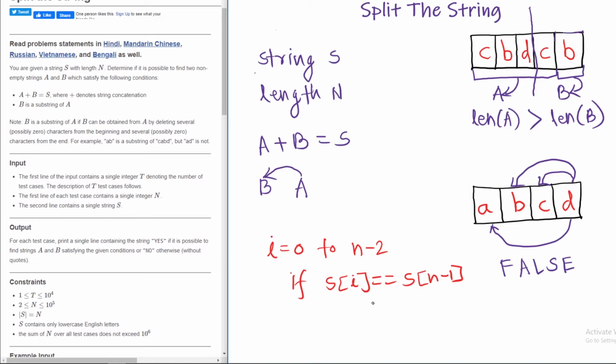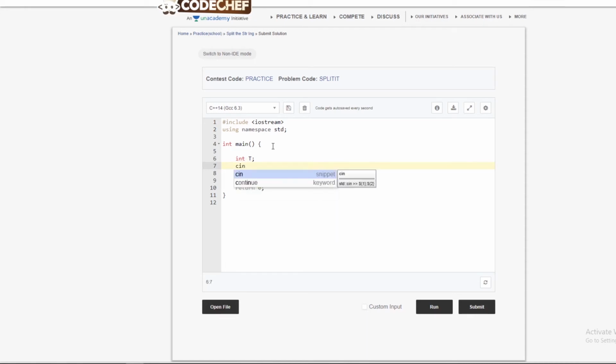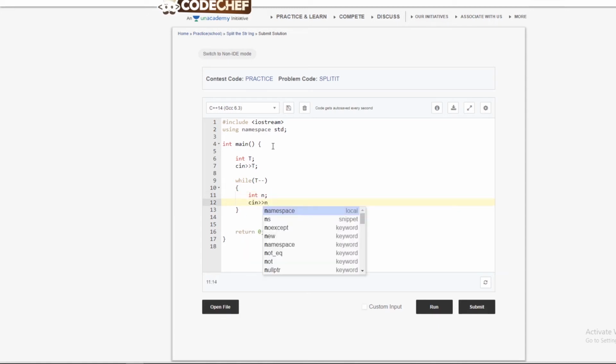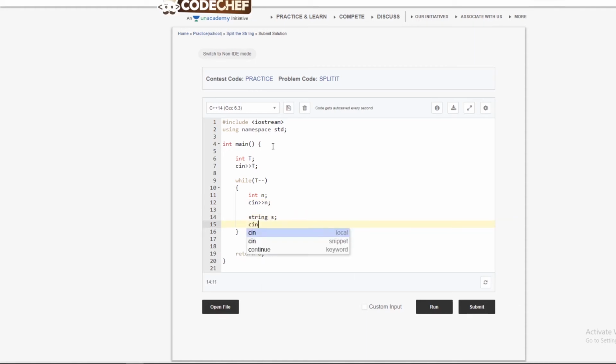Let's move towards the coding part. First input will be T for the number of test cases, and here we will run a while loop for all the test cases. And now for each test case, first we will take input the length of the string, that is n, and then we will declare one string type variable, that is string s, and again we will take input string s.